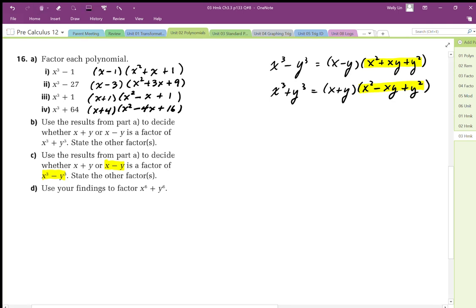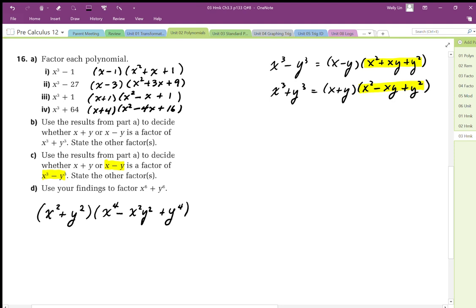Lastly here, we're going to use a formula to factor x to the 6 plus y to the 6. So we're going to factor this into the cube root of x to the 6, which is x squared, and since it's plus, we're going to use a plus, so we get x squared plus y squared. And since that's a sum of squares, we cannot factor that. Then we end up with x squared squared, and since it's plus, we're going to use the minus form. It's going to be x squared y squared, and then plus y squared squared, which is y to the power 4. We can always check this by expanding this out, and this is our